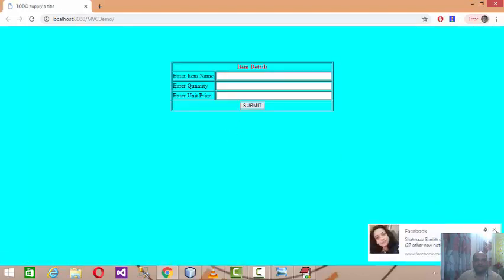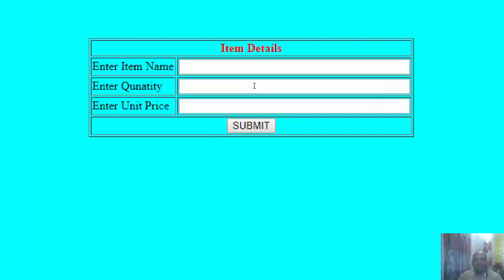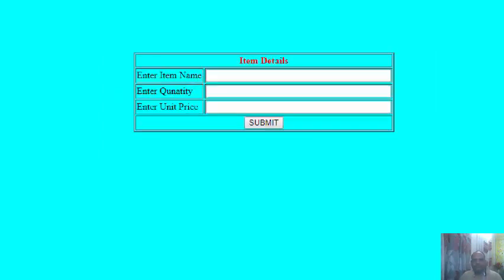After executing the code, I'll get the result like this. It will ask me to enter the name of the item, then the quantity I want to purchase, and the unit price of it.